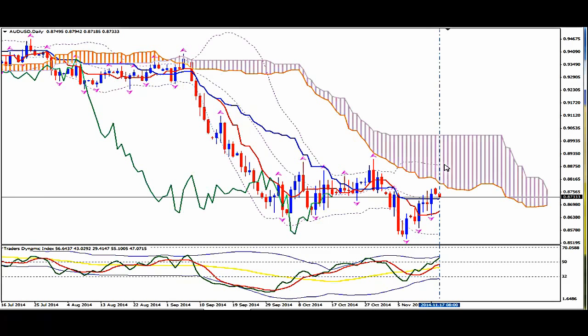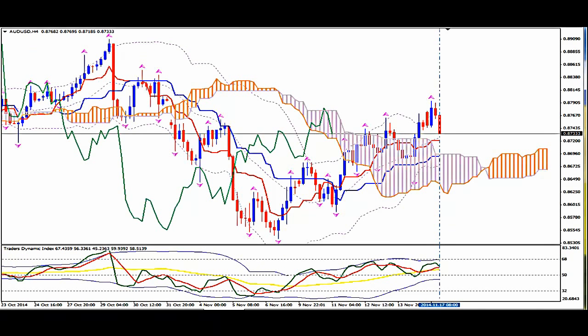So for now, let's go to the H4 and see if we can make any trading decisions looking at this time frame. At this time frame, we see that the pair is in a corrective plunge down to the median Bollinger Band. The TDI is about to give a bearish crossover. Is it possible for the pair to go all the way down to the lower Bollinger Band? Yes, it is, but